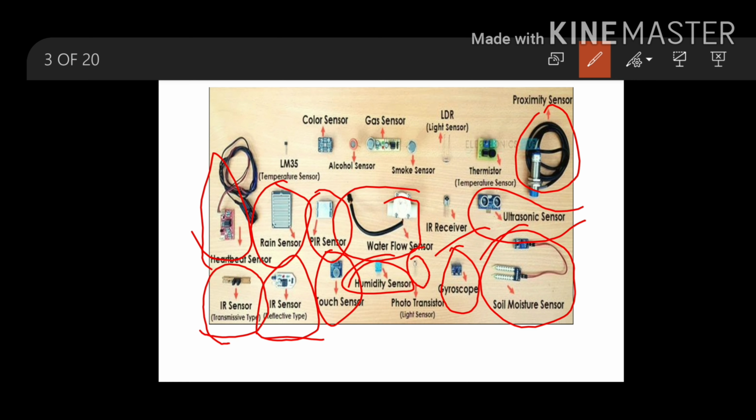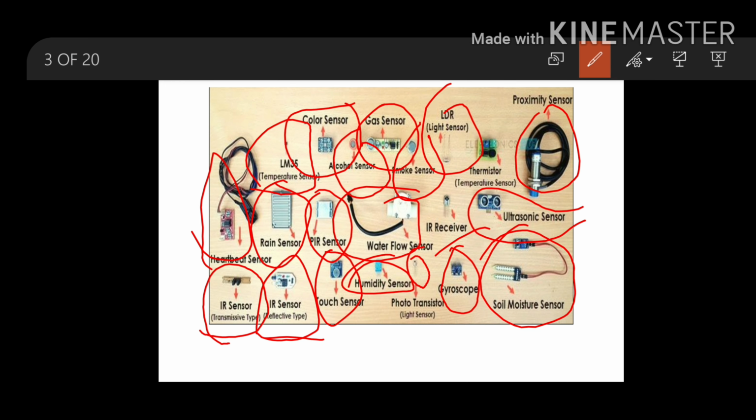And then thermistors, LDRs. You will be very familiar with it. When light falls on it, it will be generally used for dark light sensing and all. If darkness is there, it will make the circuit glow light. Smoke sensors, and then gas sensors, alcohol sensors, which our traffic police will be using, and the color sensor, likewise the temperature sensor here.